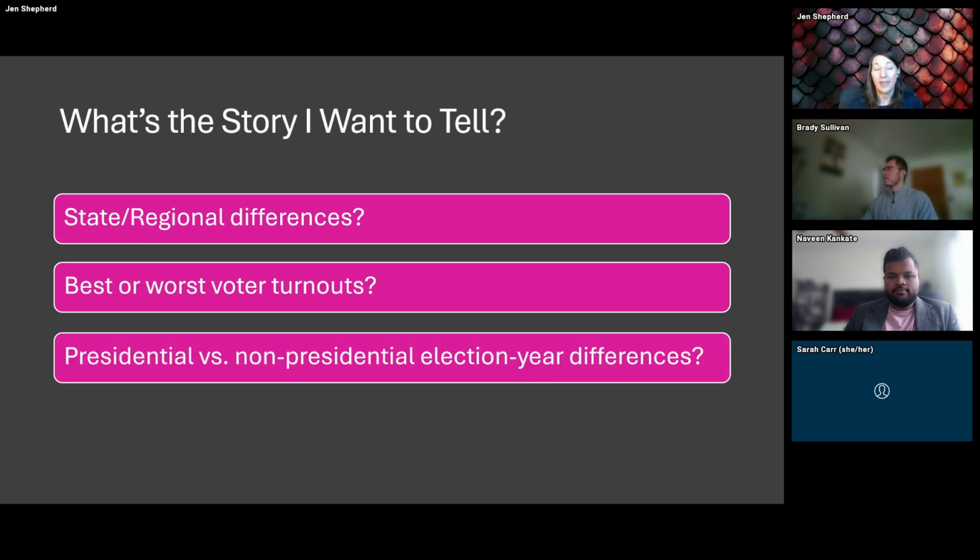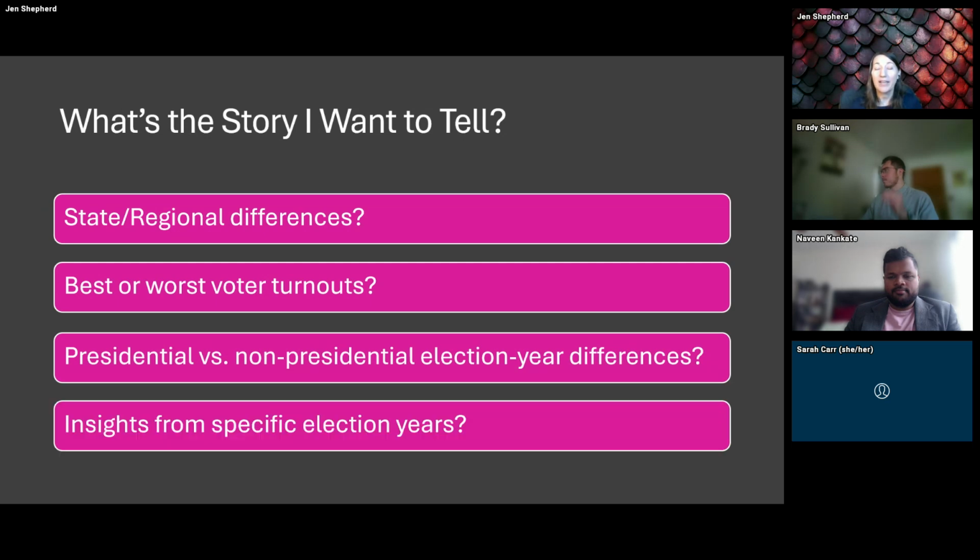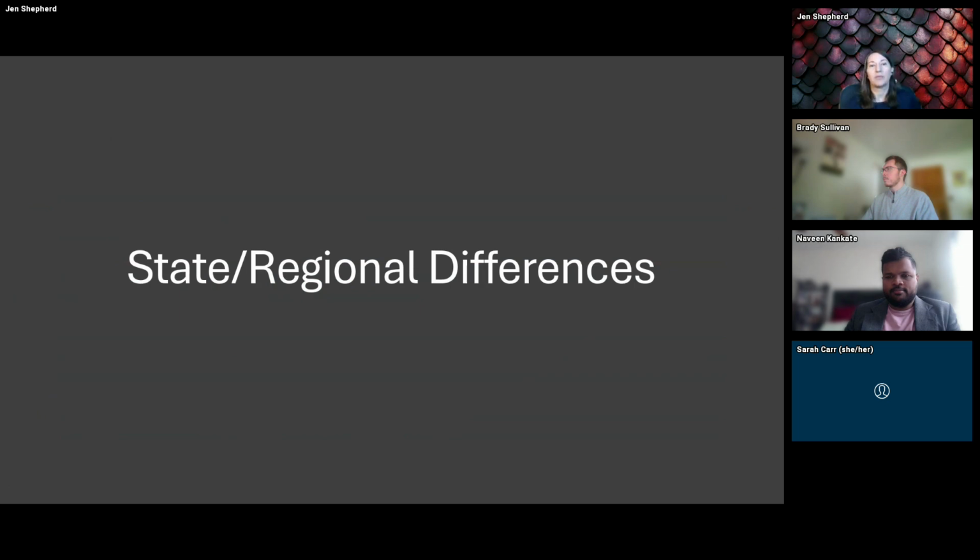I could take a look at that presidential versus non-presidential and see if there is a difference between those types of elections. Or maybe I could even pick out a year or 2 and see if there are any insights that are pretty specific to those election years. And there's probably a longer list, but these are things that occurred to me right away. So I built at least one viz for each of these just to give you a sense of the breadth that you could get even out of a very basic data set and hopefully give you some inspiration. So starting with state regional differences,